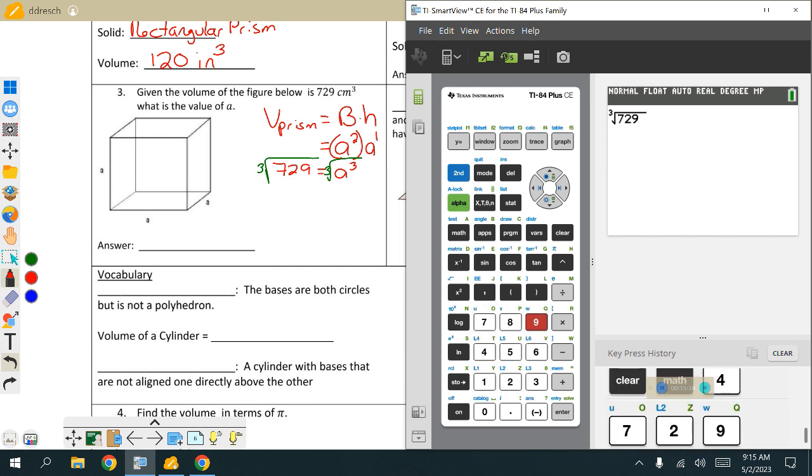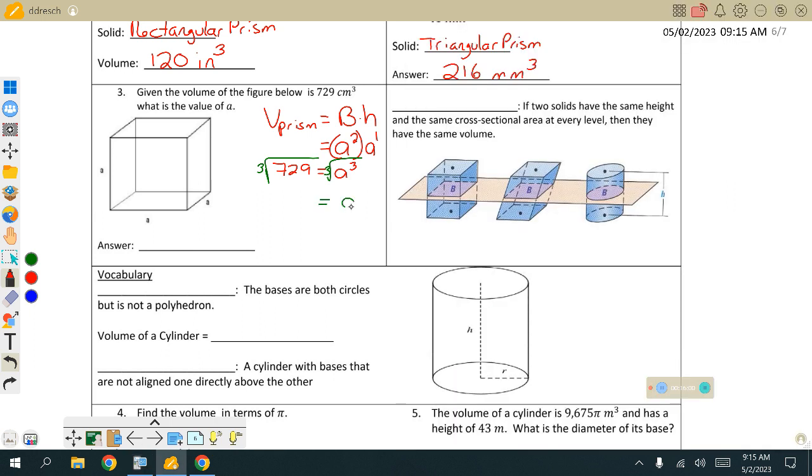729. So the ones that are not as frequent hide underneath math, up kind of at the top. And the ones that are most frequent, they put on the quick view right there on your actual keyboard. Second options are the other quick ones that are just hiding right there. Hit enter, and that's what your calculator is doing. 9 times 9 times 9 is 729. So what that tells us is the side of this cube has a length of what? 9